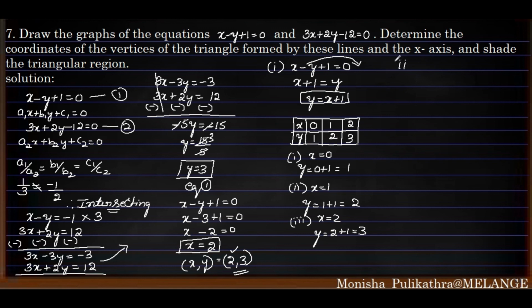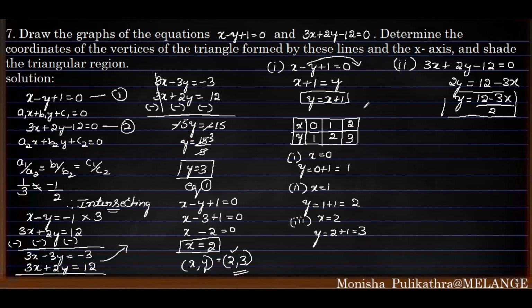So next we will be taking the second equation. 3x plus 2y minus 12 is equal to 0. Here the y term has a positive sign. When it has a positive sign, keep it here itself. Don't shift it, and the rest of the terms you need to shift here. So minus 12, when I shift to this side, it will become plus 12. When plus 3x is shifted, it will become minus 3x. So y is equal to (12 minus 3x) divided by 2. So this will be the new equation where we need to substitute the points.